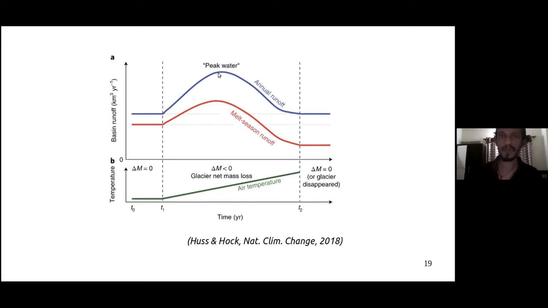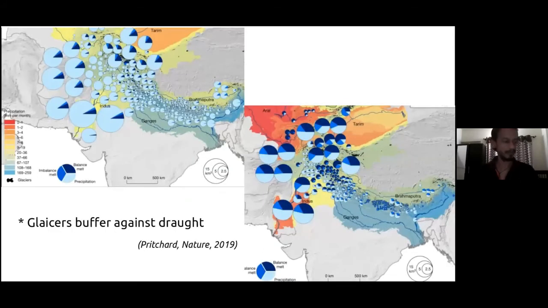And this peak water maybe is happening sometime close to 2015, in some of the central Himalayan rivers. Those are the estimates. Again, they are very, very uncertain. Okay, so that's another characteristic of glacier catchment. And another very crucial point that was explained in this Nature paper is that glacier is the buffer against